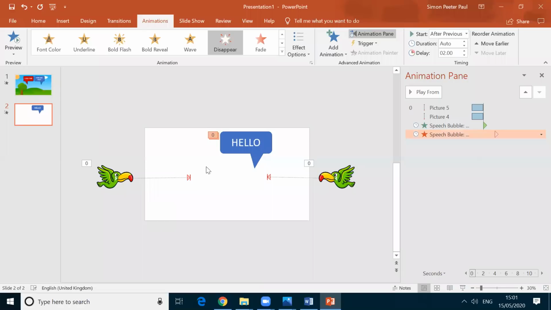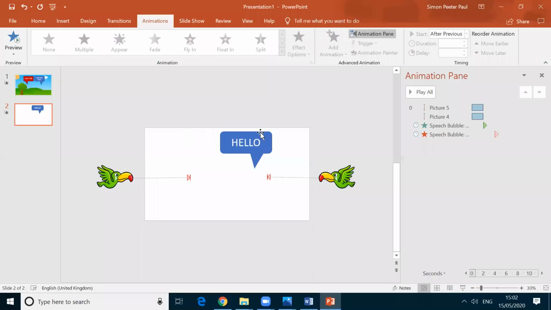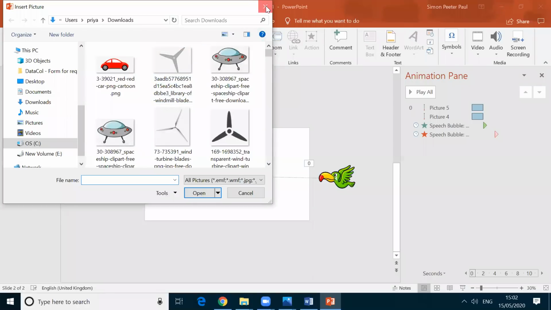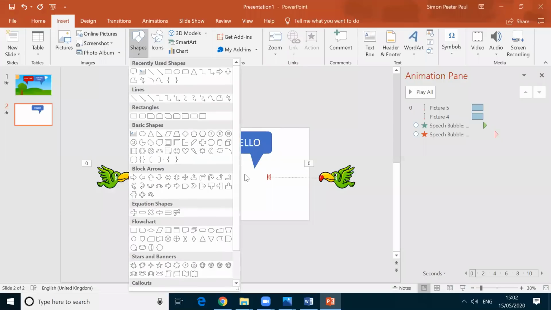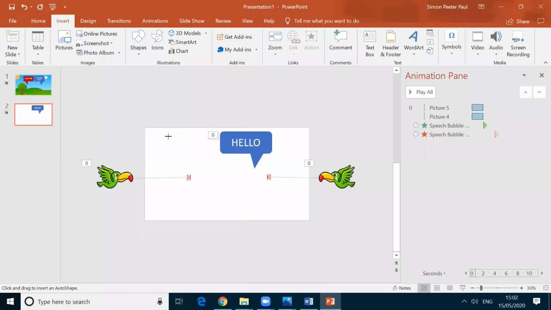And then I added this one. I want to add one more thing. So what I'm going to do, I can either copy this one. Okay, let me add one more thing. No need to confuse. You can also copy and replace. You need not do animation after that. Again, I'm going to insert, and then I click on pictures. I'm adding the shape, scrolling down, and then I'm clicking on it, and then I'm adding one dialogue here.